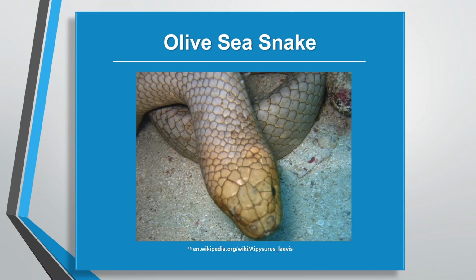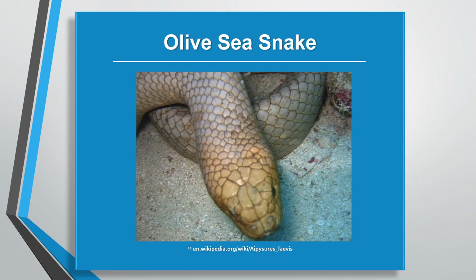The scales on their tails are covered in photoreceptors that can detect flashes of light, like that created by the sparkle of a fish scale when it hits the light. Therefore, the olive sea snake can literally see fish swim with its tail, which aids in its ability to completely